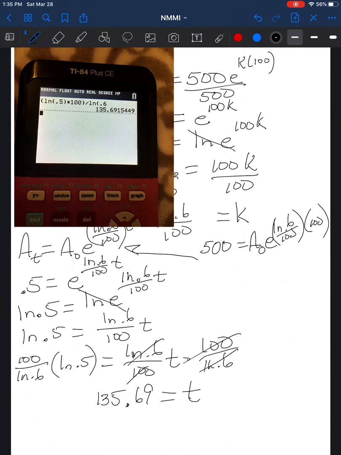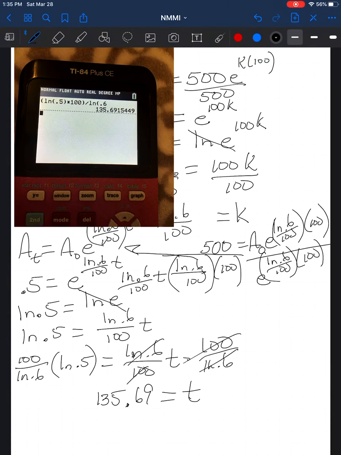We're going to divide both sides by this whole thing. e to the ln of 0.6 divided by 100 times 100. Oh, that's e, sorry. So A naught is going to be equal to